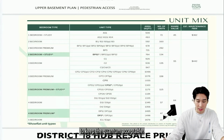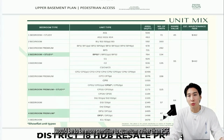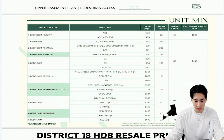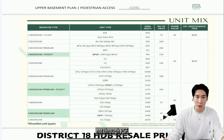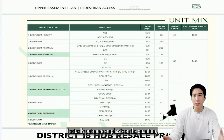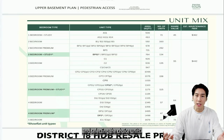the quantum acceptable. What I usually tell my clients would be to be more sensitive to quantum rather than PSF, because ultimately developers still profit through quantum, not through PSF. For the majority of the video, I put more emphasis on the quantum, predicting the price and selecting the choice